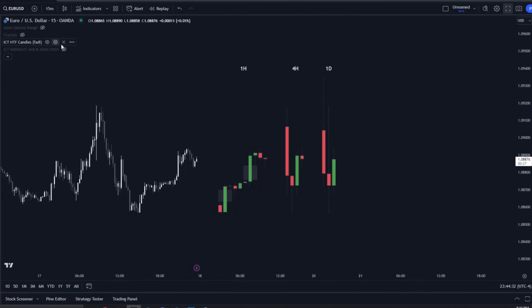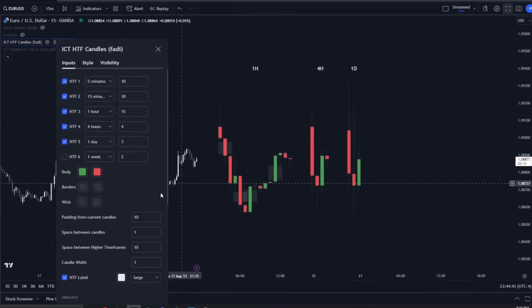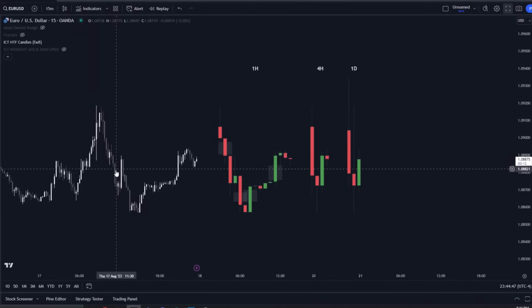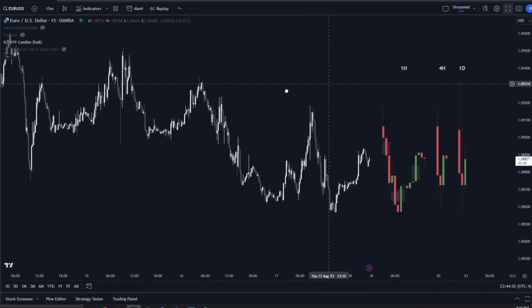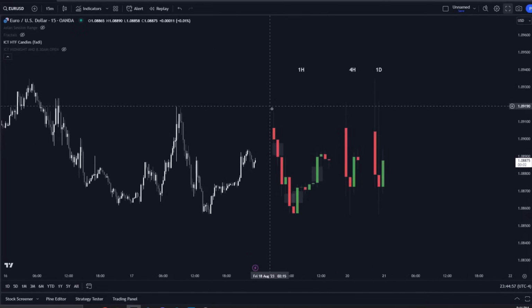Now, if you want to have more, for example, 1 hour candles, then we're going to go here and do like 15. And you see it's going to update now. Now we have 15 candles on the 1 hour. So instead of switching to the 1 hour, and then it's going to be a miss for you, now you can see everything. You can see multiple time frames at the same time, and they are literally in the same